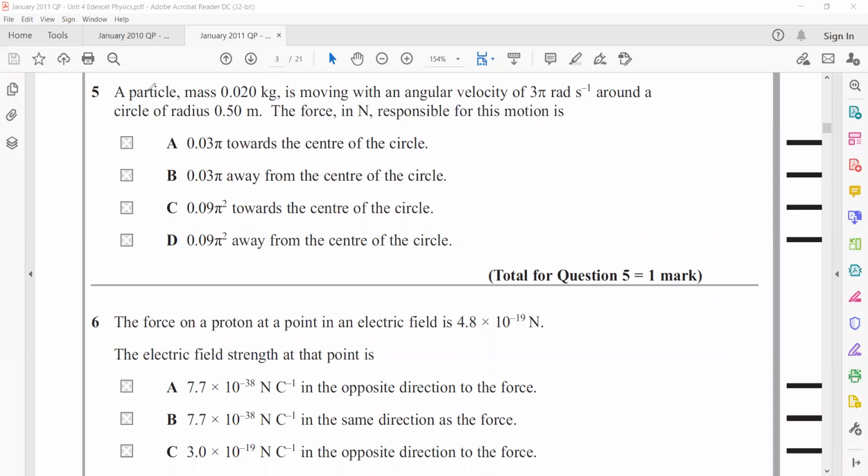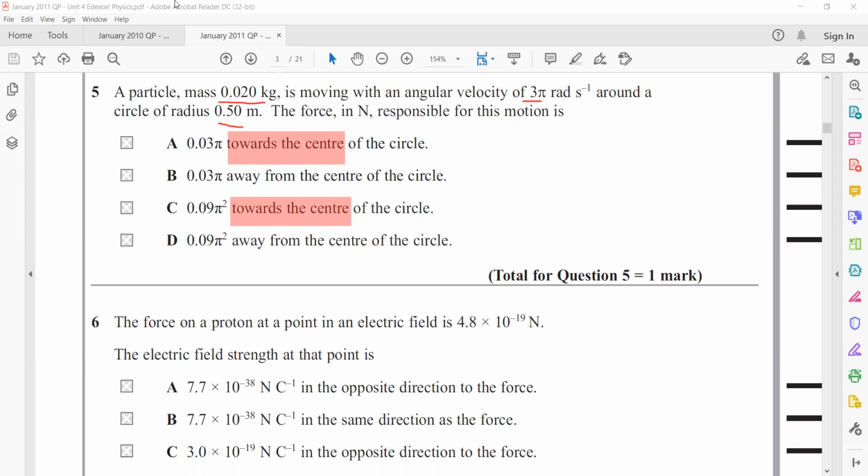So in this question, again it's related to circular motion. A particle of mass 0.020 kilogram is moving with an angular velocity of 3 pi radian per second in a circle of radius 0.5. So what is the force in Newton responsible for the motion? Whenever an object is moving in a circular path, the force is always directed towards the center. So the two options in which the force is directed towards the center are A